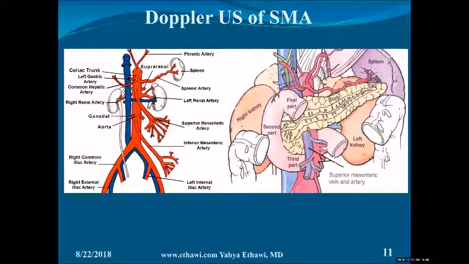The Doppler ultrasound of the superior mesenteric artery is very important. The superior mesenteric artery is in here. And remember, the aorta is on the right side of the vertebral column, on the vertebrae, and on the left side is the inferior vena cava. It comes on the anterior aspect, just beside the renal artery. It's below the celiac trunk